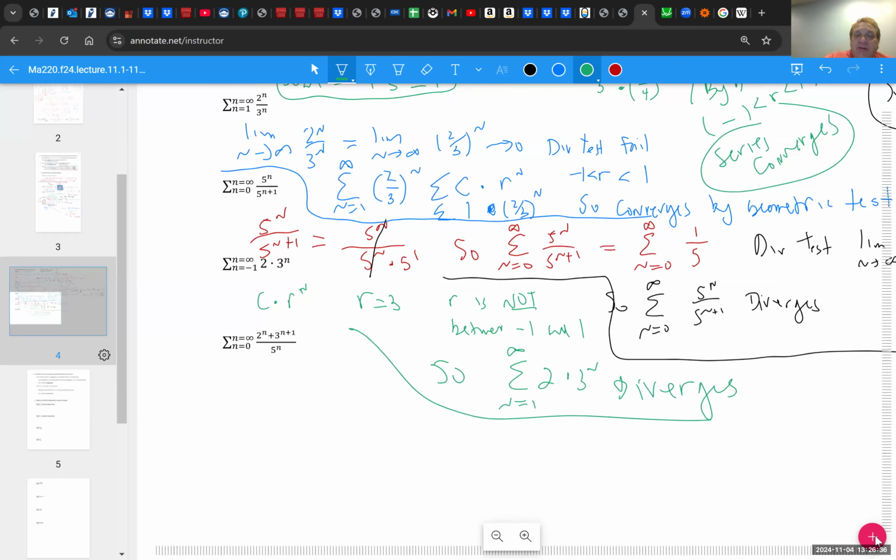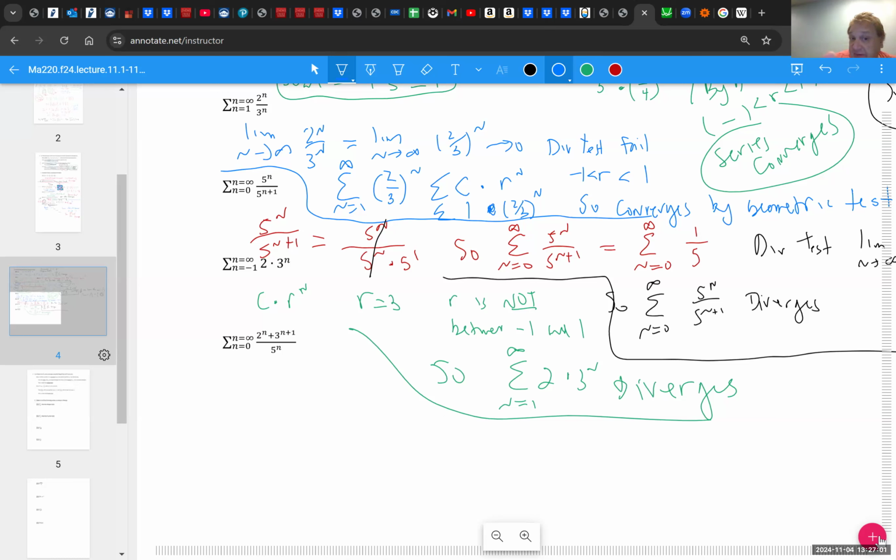All right, the sum of 2 to the n plus 3 to the n plus 1 over 5 to the n is our series that we're adding together. So what do we do with this? Well, we can do all kinds of things, but I was trying to show some algebra as a key component to simplifying these series. So we have 2 to the n plus 3 to the n plus 1 over 5 to the n. This is a distributive property